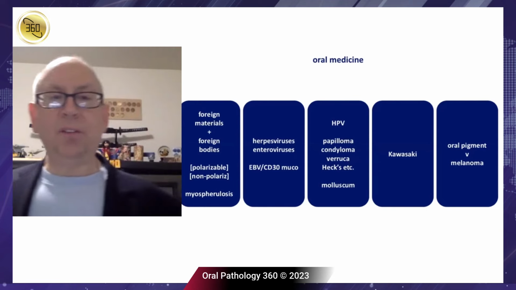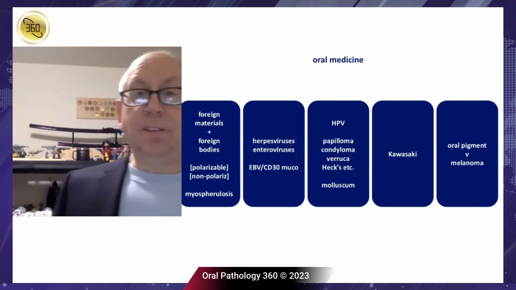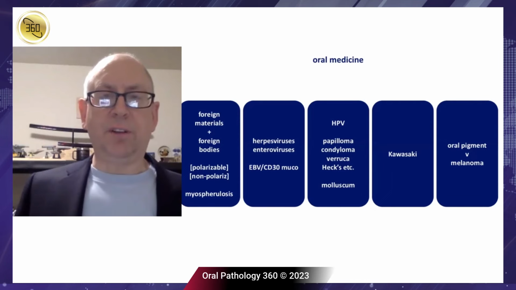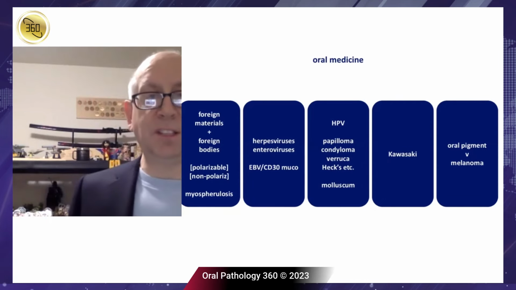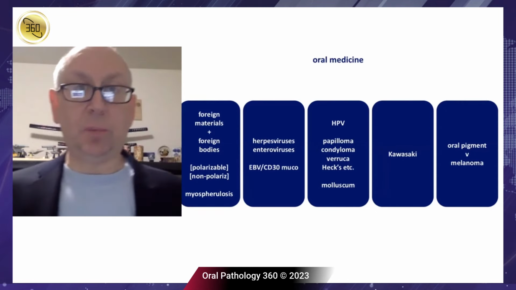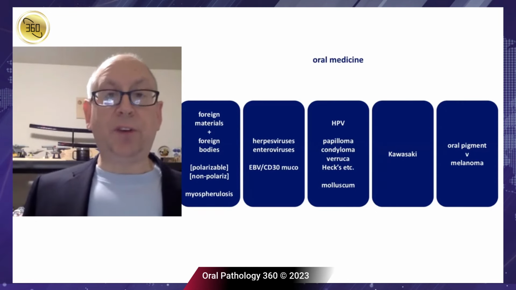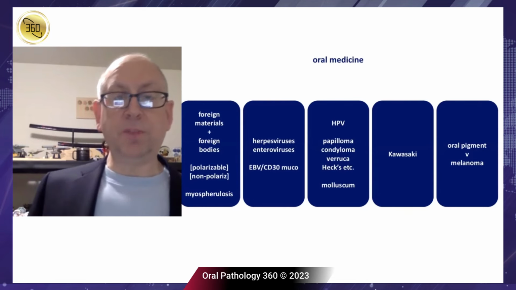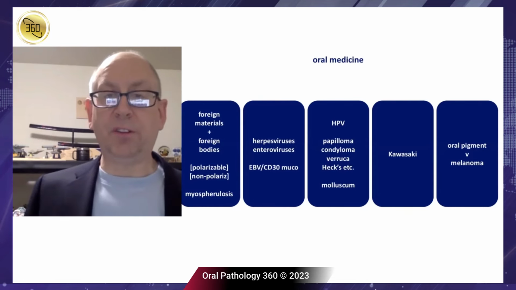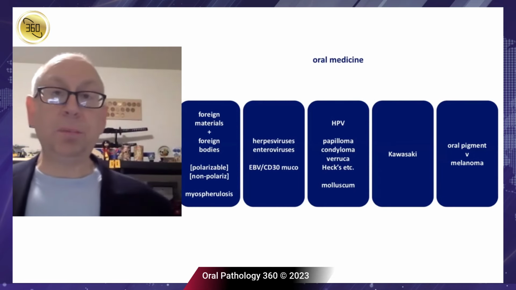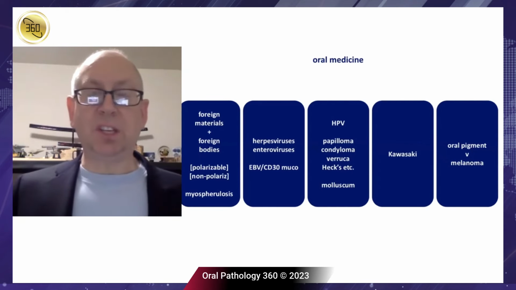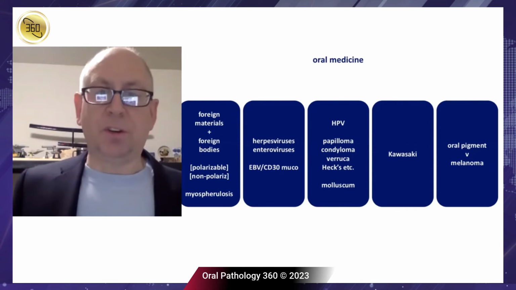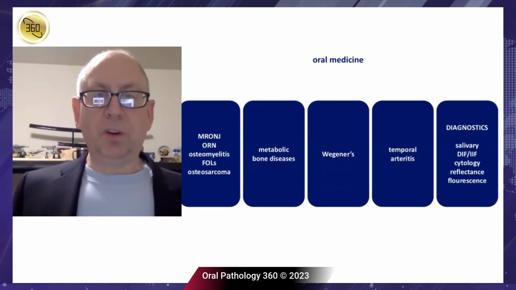And then we have sort of all the foreign invaders, so to speak, of oral medicine type things, right? What are the foreign materials that get into the body? Whether or not that's dental materials that will sometimes show up on our slides. Do we have viral infections, either the ones from the herpes viruses or the papilloma viruses? And then there's a few things like Kawasaki disease, or do we have oral pigmentary lesions? And sometimes those are simply metallic implantation from dental materials, or are we trying to exclude melanomas?